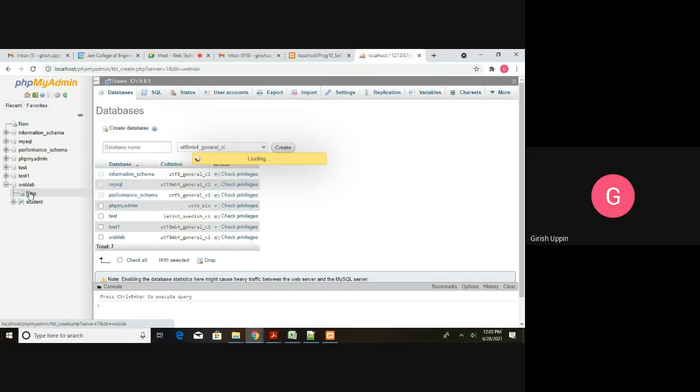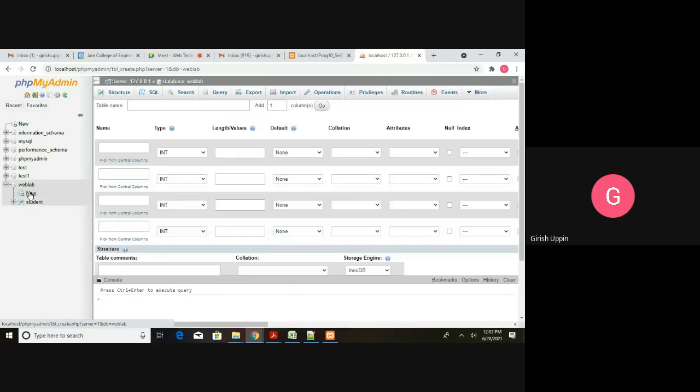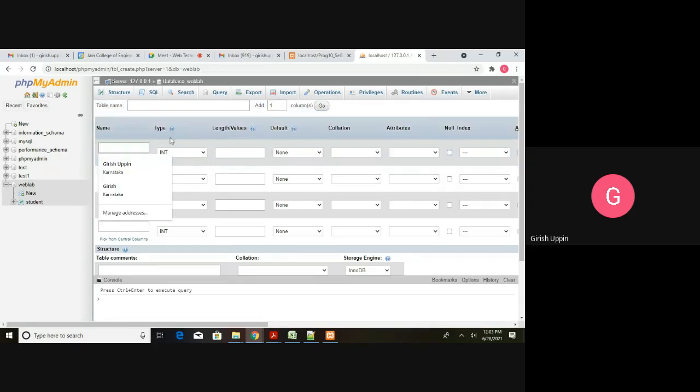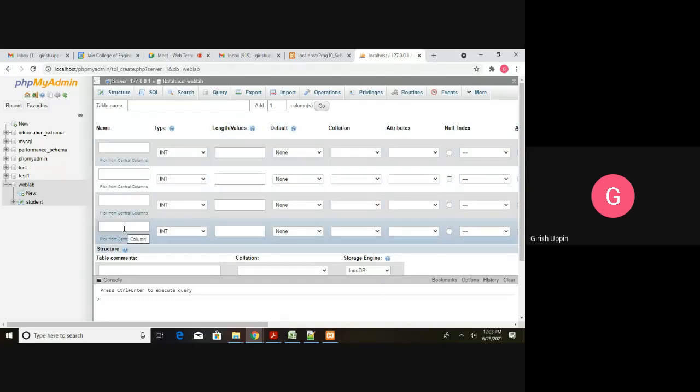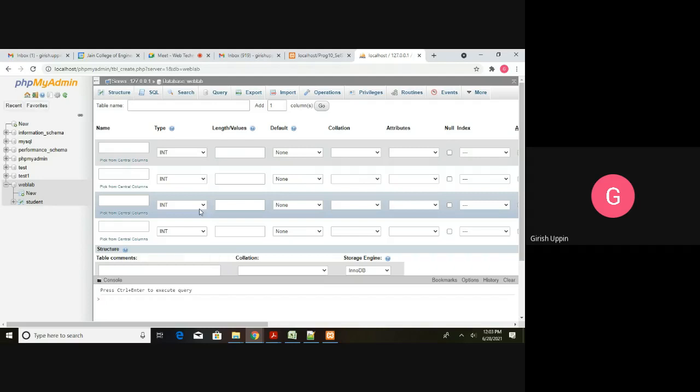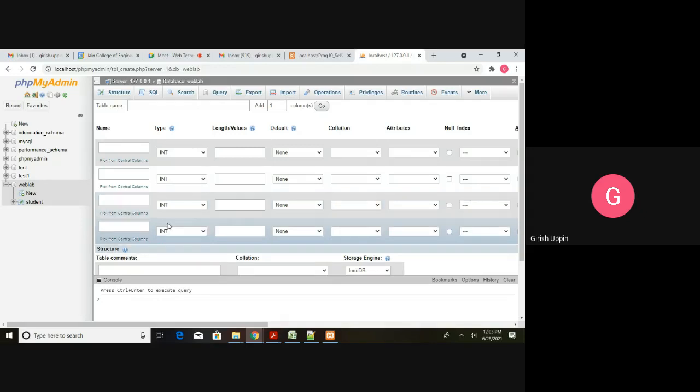Okay, you can see here you specify the table name. The student table is already created by me. If you are creating for the first time, you give the name, then you give the actual columns: how many columns are going to be there in that table, and what are their data types. All that information you give, and you say create table. Then it will create a table like this.